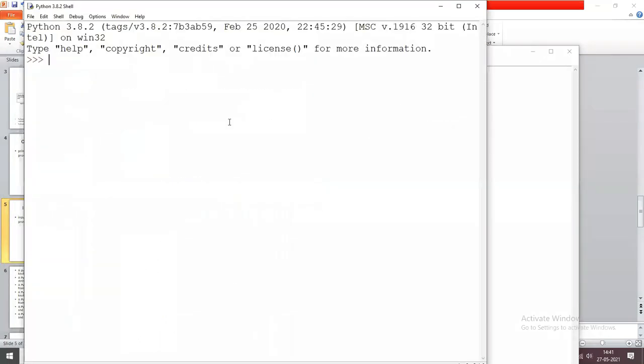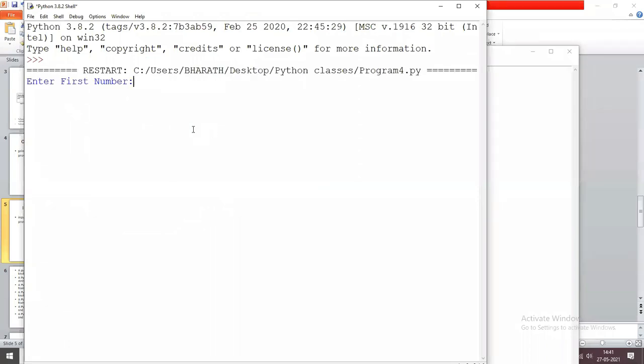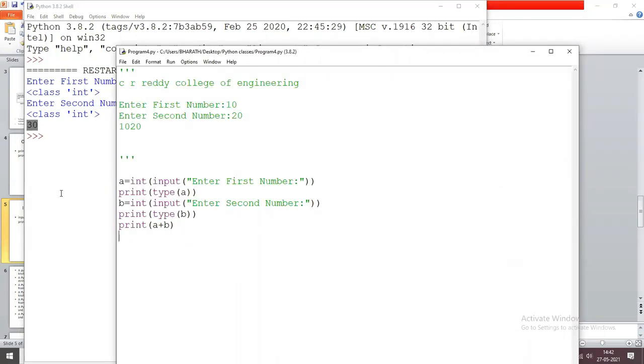One more time we are going to execute, enter first number 10. If you observe, now the type of variable A is integer, and similarly 20, now we get the answer 30. Why? Previously it is string. When you apply plus, it acts as a concatenation operator.